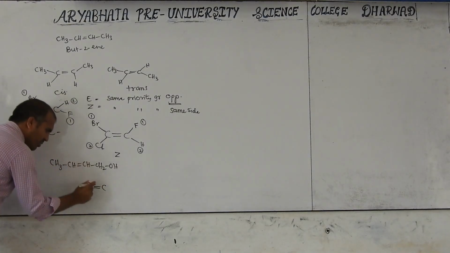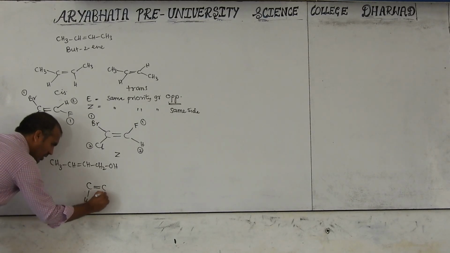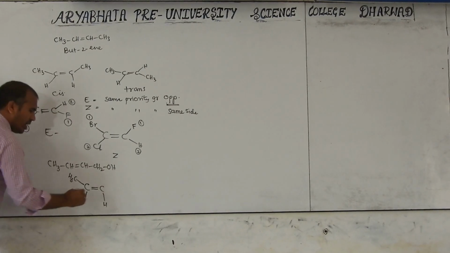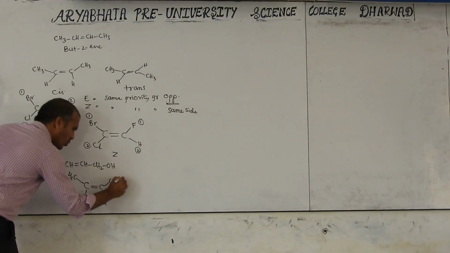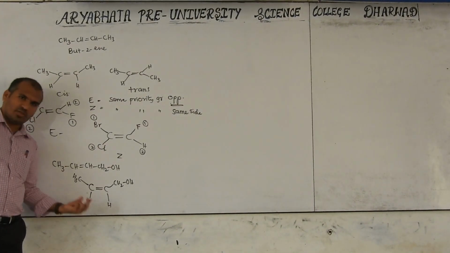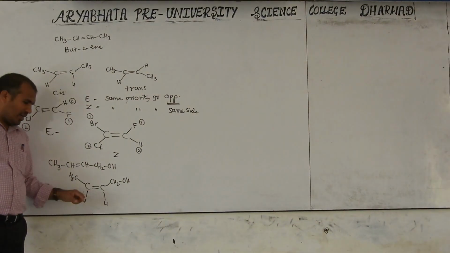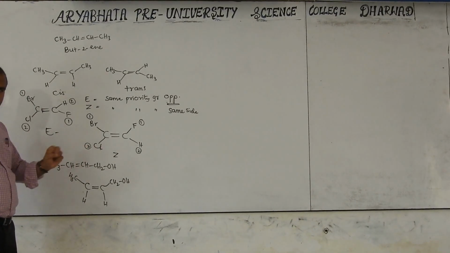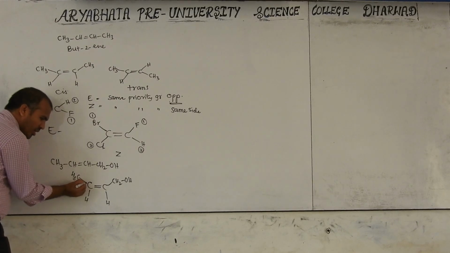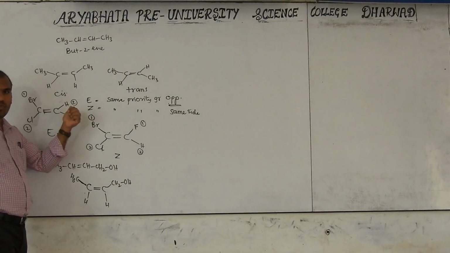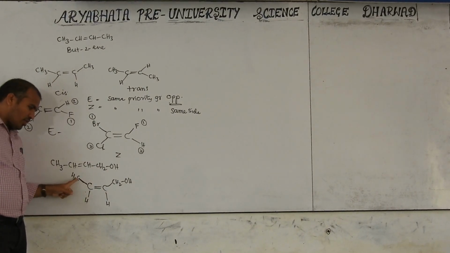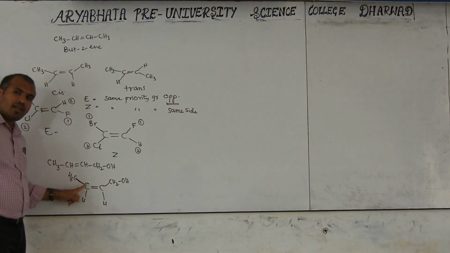Then how to identify now? See, carbon carbon double bond, here H is, here also H is. Now here CH3 and here CH2OH. Now we can see this is cis also, because the same groups are on the same side. When this is like this, we can check whether it is Z or E. For this carbon directly bonded, we have to check their atomic number. If you forget this, it becomes a different name. So directly bonded to the double bond carbon, is it carbon bonded or hydrogen bonded? Carbon.